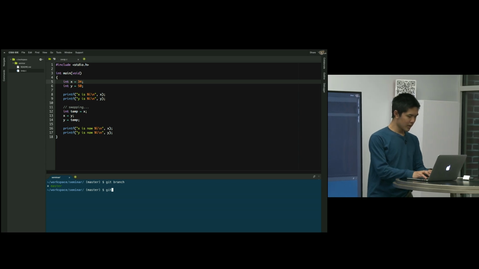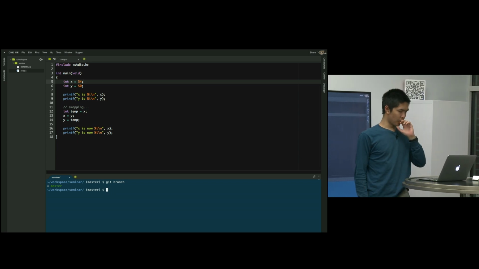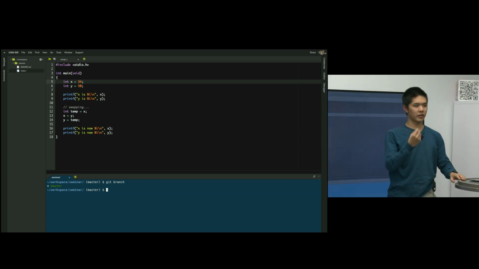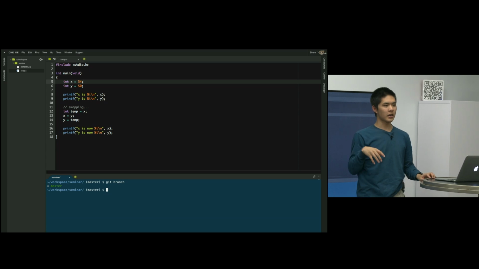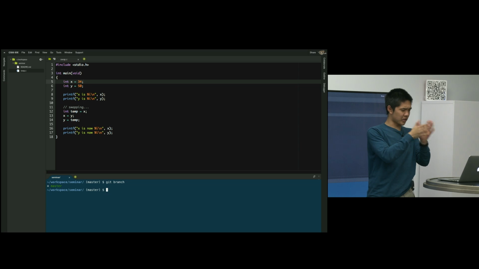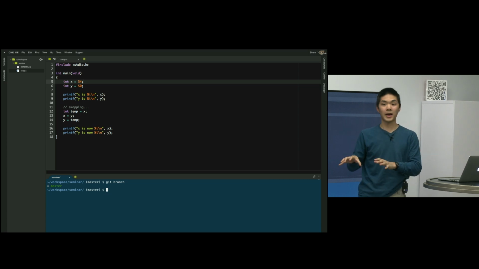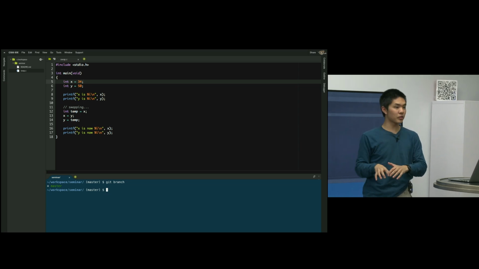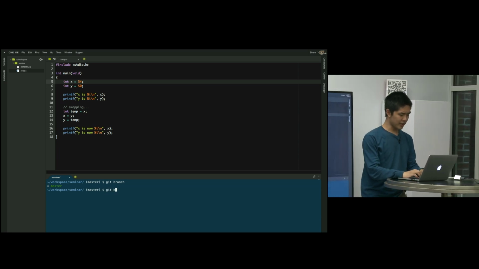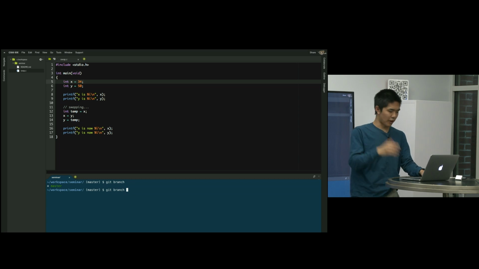Let's say I wanted to separate out the code that does the swapping into its own function. But that seems like it has the potential to go wrong. It might not necessarily work. So I don't want to just change this file. I want to create a new branch that will let me test out those changes without worrying about whatever's happening in master. So I'm going to create a new branch via git branch, and I'll call it function,